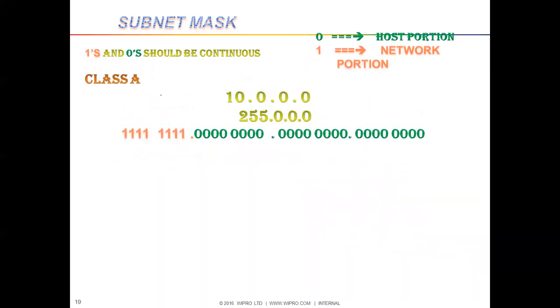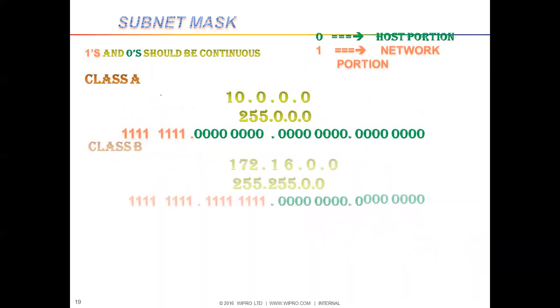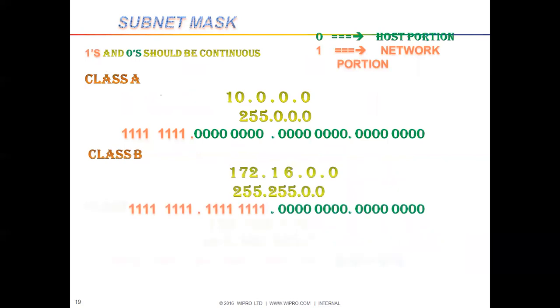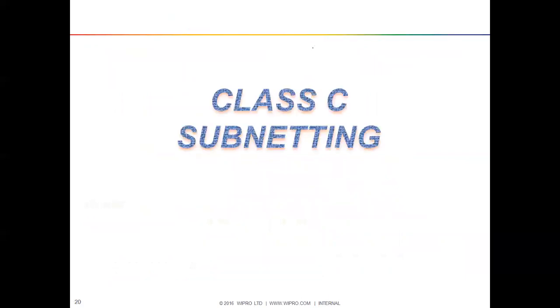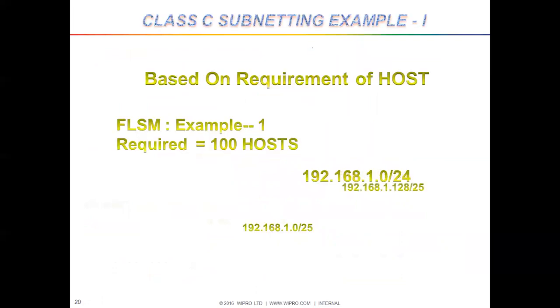Now see, this is the example, with class A, class B, and class C. Just now we remembered that host 0 means a host bit, 1 means a network bit. So let's see this example. Once you understand this example, you will be very clear. If you understand one example, that will be enough, because class B and class C work the same way.